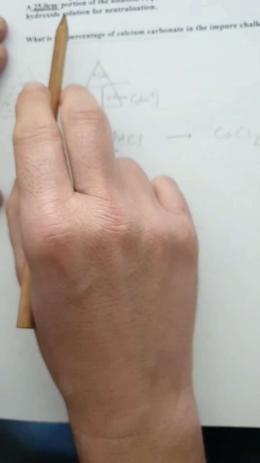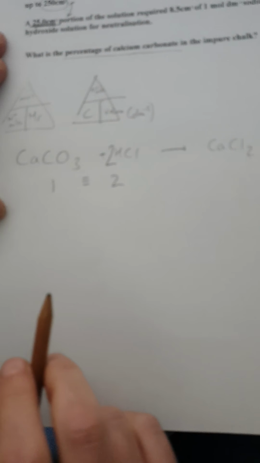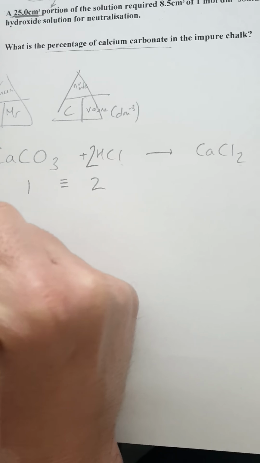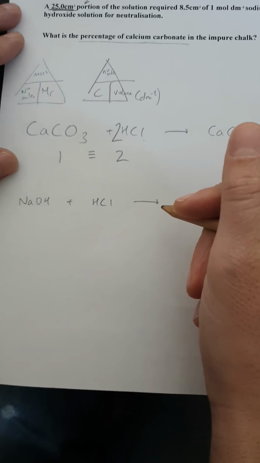Then the second reaction is sodium hydroxide plus the acid. So sodium hydroxide plus HCl goes to